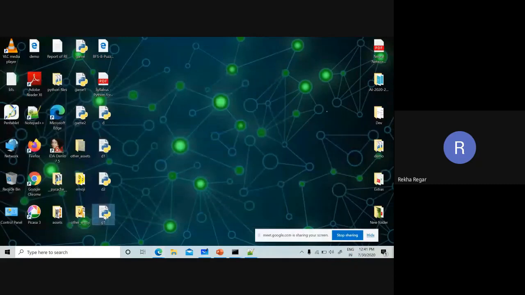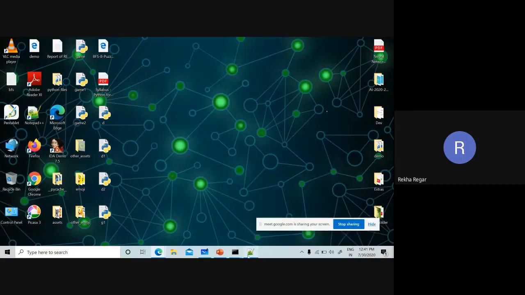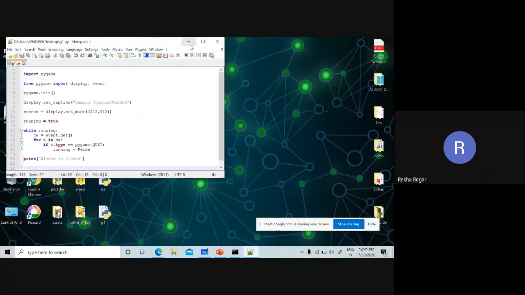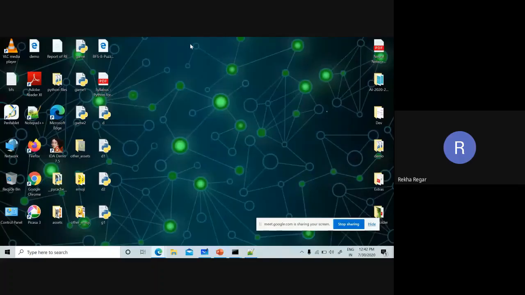You can see g1.py is on the desktop. If I am going to make a folder, I have to make it in the same place, on the desktop.